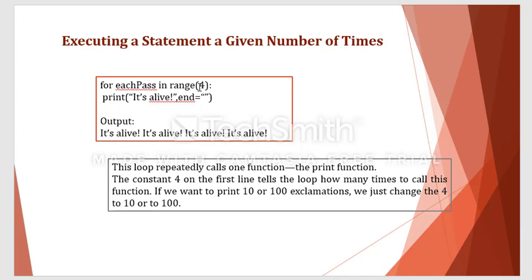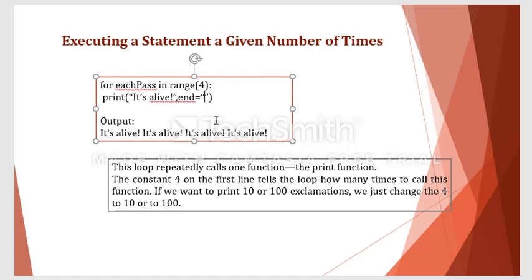Otherwise, if you want to end that statement with a comma, that means after it's alive, after the statement it's alive is printed, I need to get a comma here. So at that time what you need to write here is comma. You can mention comma here. Otherwise, if you want a dot after every it's alive statement, we can give a dot. So that is what this end means.